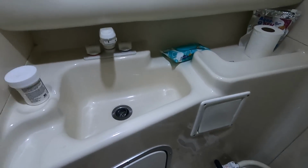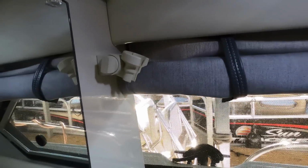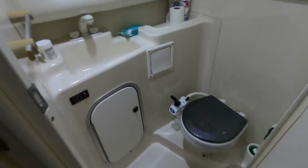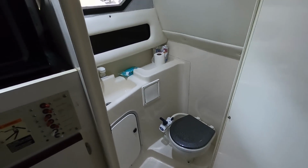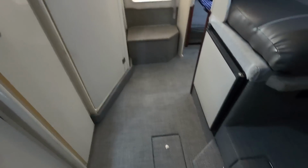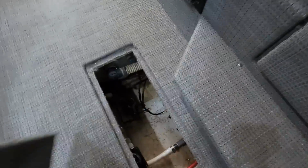small sink, and then of course this is going to slide out and will mount up here to be used as a shower. You got a drain in the floor. Actually a fair amount of headroom in that head compartment. And this is basically just an access panel. You've got